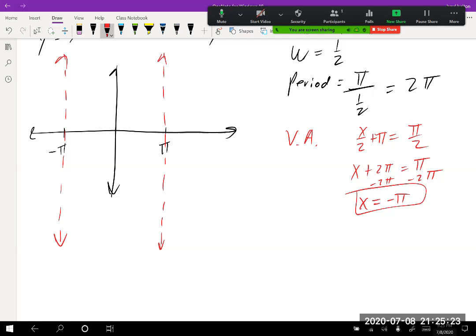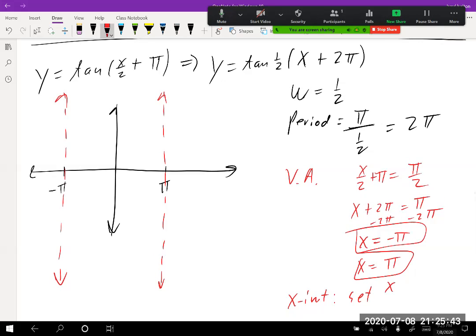And once again, I know a lot about this because I've done the tangent function before, so I know it's normally pi halves and negative pi halves. This time it's x equals negative pi and x equals positive pi. These are my vertical asymptotes. Now I need to find my x-intercept, which I mistakenly was doing last time. So you set x over 2 plus pi equal to 0, because that's when sine is equal to 0,